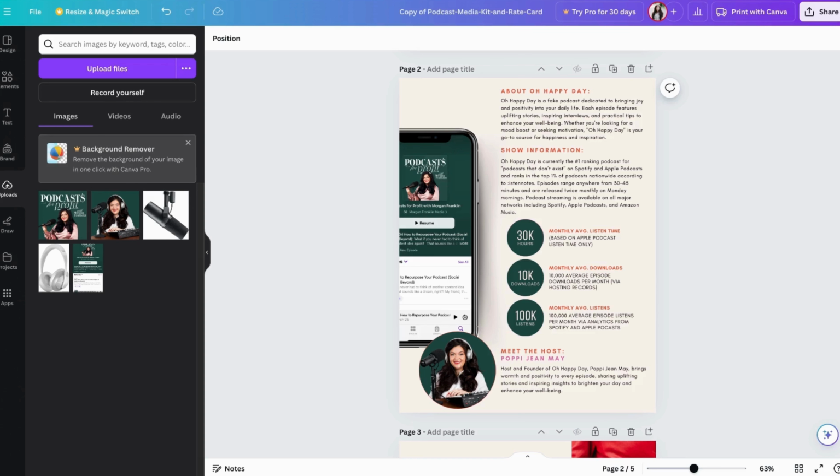This is the amount of listen time that I'm getting. I would be going on your podcast host. I would be going on Apple Podcasts. I'd be going on Spotify for Podcasters. I would be looking at every single number so that you can pull these out because let me tell you guys, advertising agencies don't know that much about podcasts. So you have to be the one that is providing that information